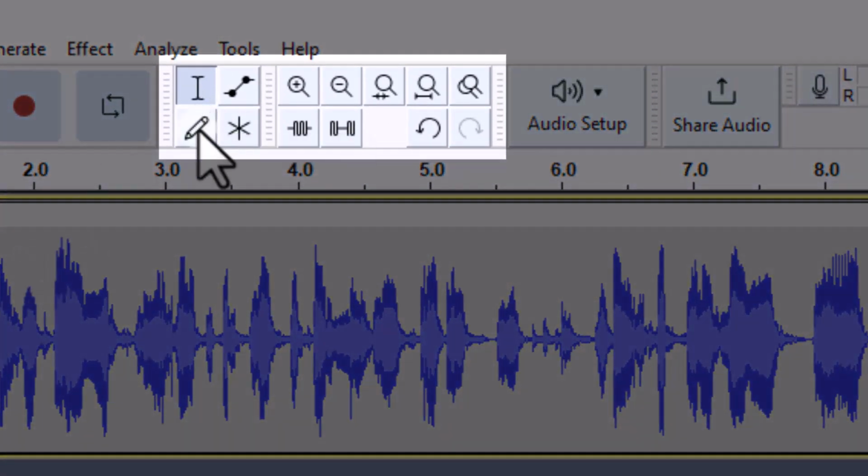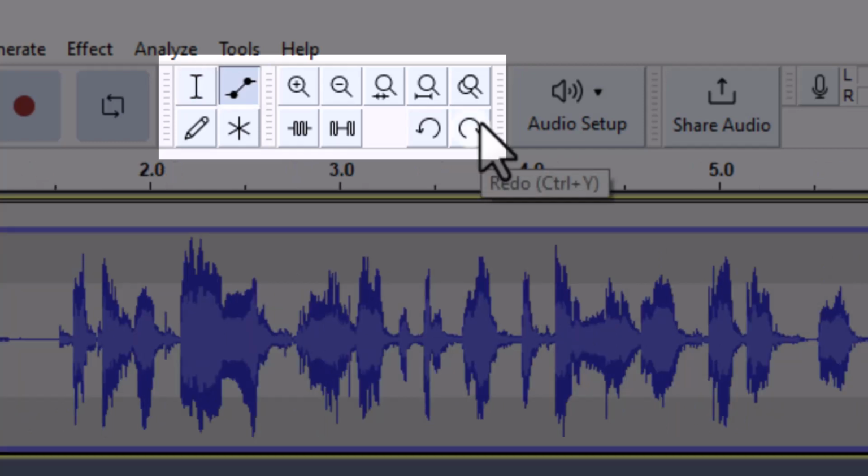So you've got your selection tool. This allows you to select certain parts of a track to edit. You use this just like you would a cursor by clicking and dragging to highlight a section on your timeline. And this is where you're going to make splits and cut things out and delete certain parts, that kind of thing. And I'll talk about that here in a minute, but that is the tool that you're going to use to make your initial selection.